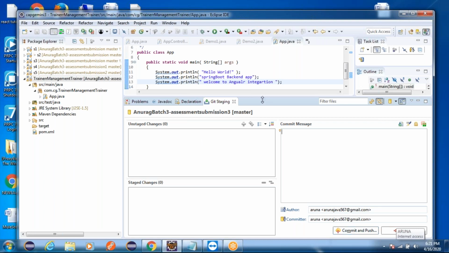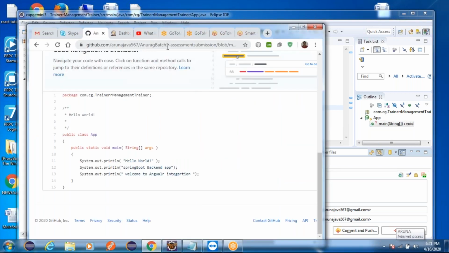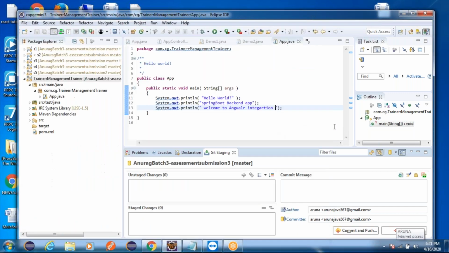You can practice with this. So initially, all of you need to submit your assessment code, that is the Spring Boot backend application, REST API application. Just practice with this and submit all of your code in the same repository. The repository name is assessment submission, and I will be giving you the credentials for this.